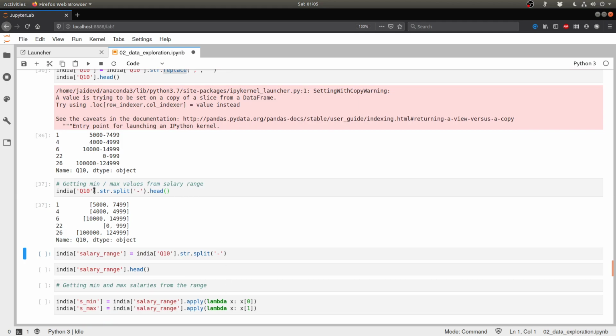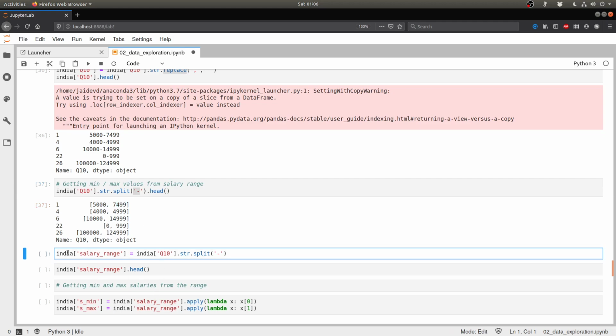So let's try that. It splits on whatever splitter we provide, and the remaining parts it converts into a list. So 5000-7499 became a list which contains 5000 as the first element and 7499 as the second element, and the same process has been carried over for the entire range.